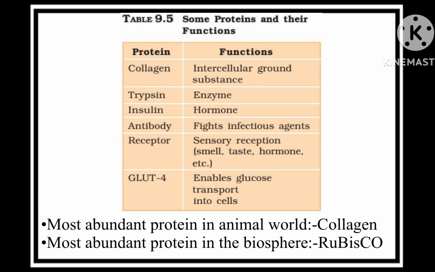The sixth one is GLUT4, where G stands for glucose and T is for transport. It enables glucose transport into the cell. We'll see this in the cell chapter also. And these are the only 6 which we have to understand, but I have a few more for you, which is